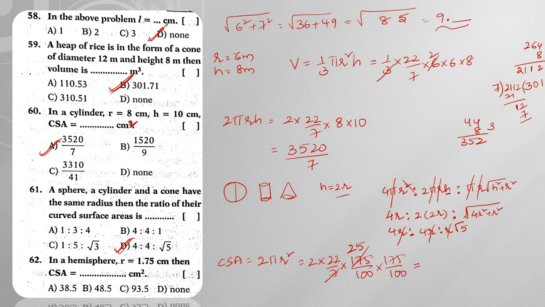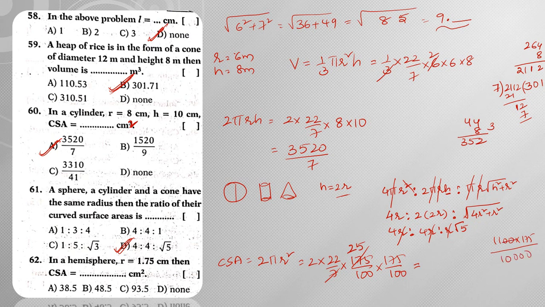Right? Now from this what can I do? So 2 into 25 into 22 into 175. So when you multiply all these things, what am I going to get? 2 into 22 is 44. So 44 into 25. 44 can be written as 11 fours, and 25 fours are 100. So 100 into 11, 1100. Right? So 1100 into 175 divided by 10000.